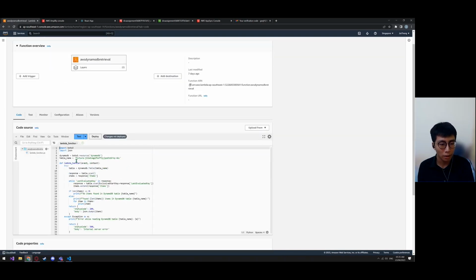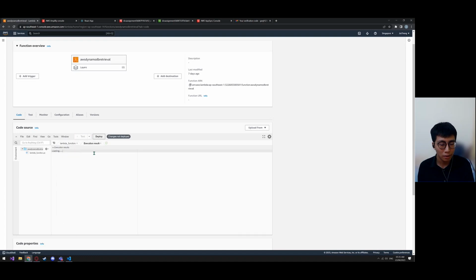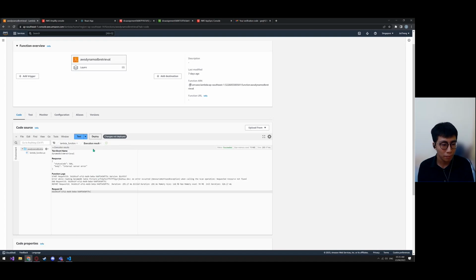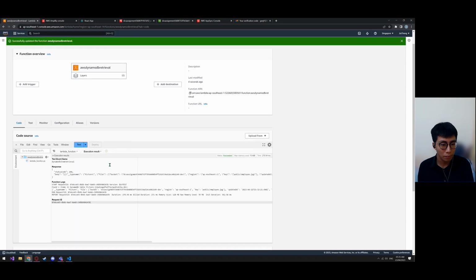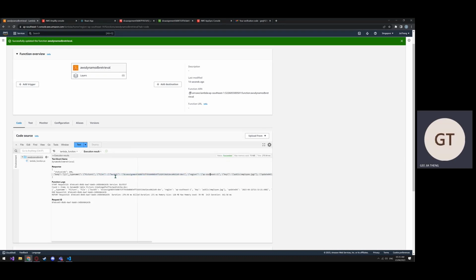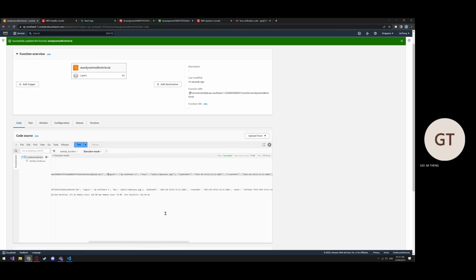To retrieve information in the DynamoDB, I have the table name, which is the table that I have just seen in the DynamoDB. So now let us test. After I press the test button, the body part of the Lambda will display the table information with the bucket name, region, key.